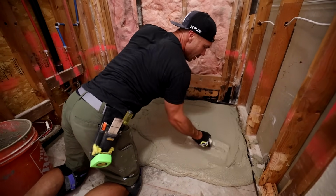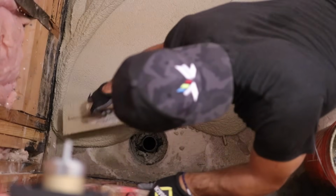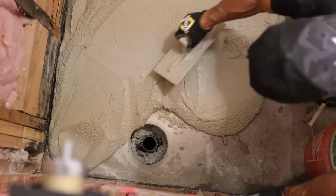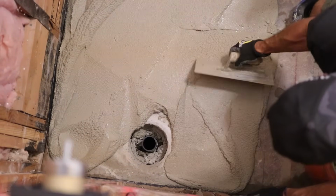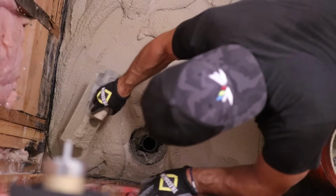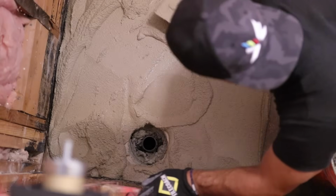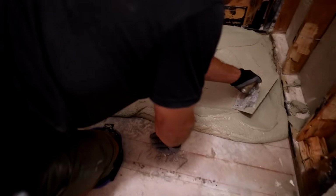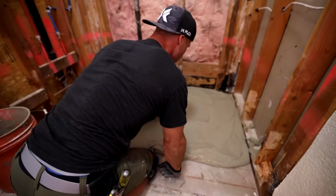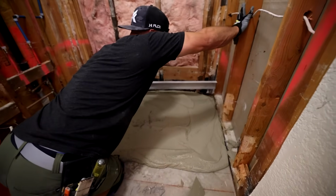Yeah, this is a nice consistency. It's troweling out really easily. And then again, just a half inch here at the linear drain. From this point forward, I just want a half inch. So get our little half inch bed here. Just gonna eyeball that and get some in the circle behind. Yeah, that's a good amount, it looks like. So I'm just going to take this edge and